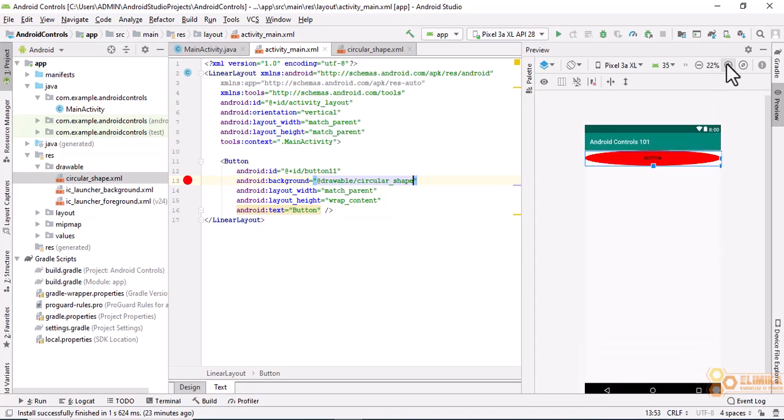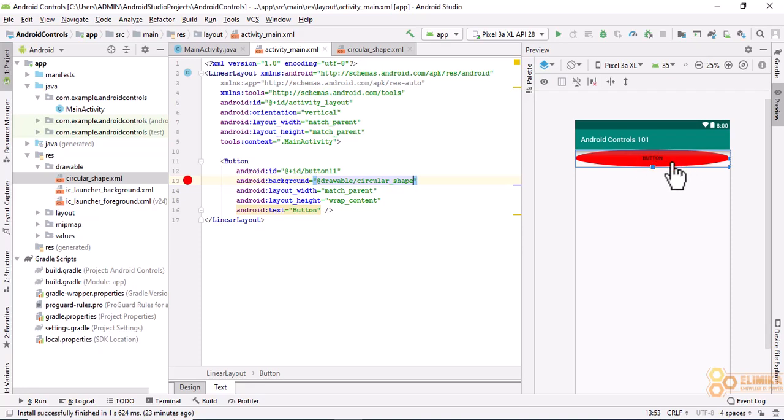And here on my preview we can see that the button is oval in shape,